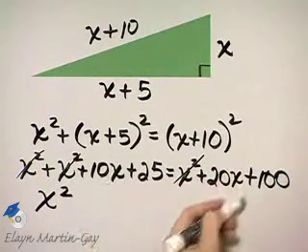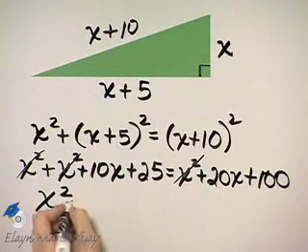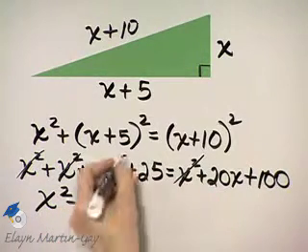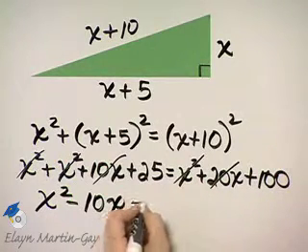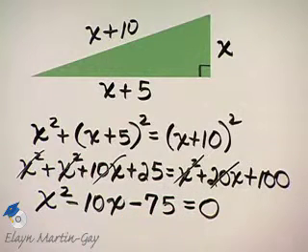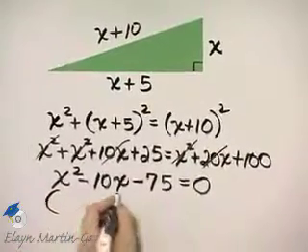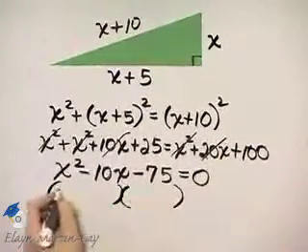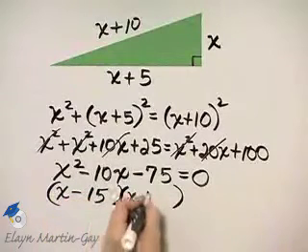I have 10x minus 20x. I'm subtracting 20x from both sides, so that's minus 10x. And then I have 25 minus 100, that's negative 75, is equal to 0. I was trying to get 0 on one side, and now let's see if we can get a factored polynomial on this left side. If you work with this and factor it, you'll factor it as x minus 15 times